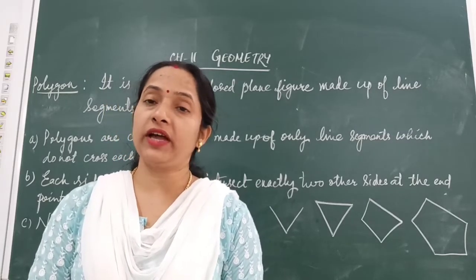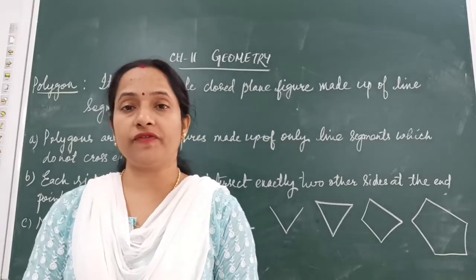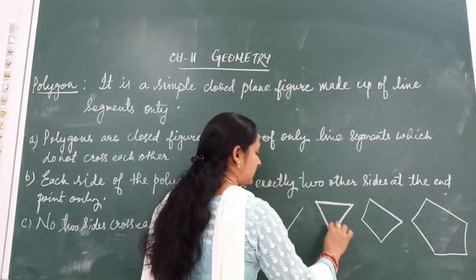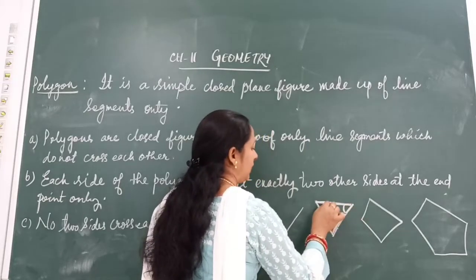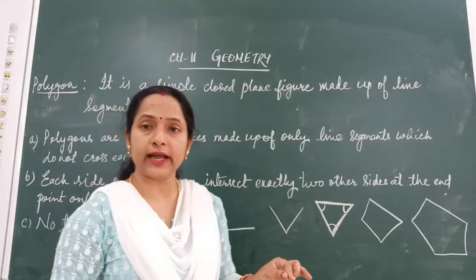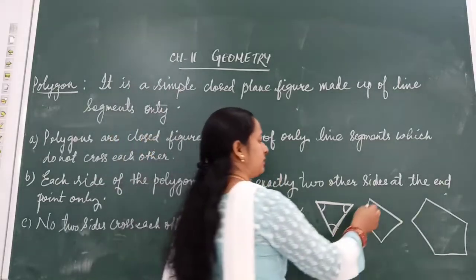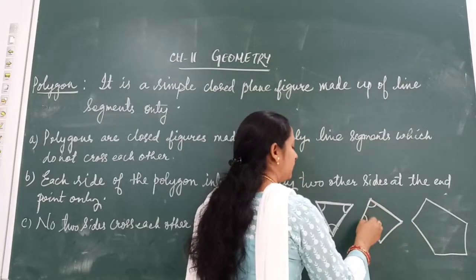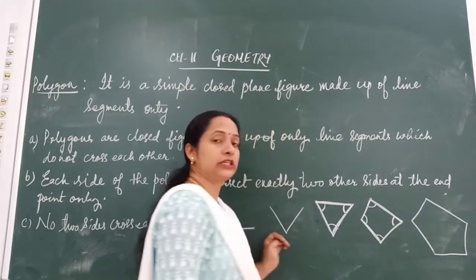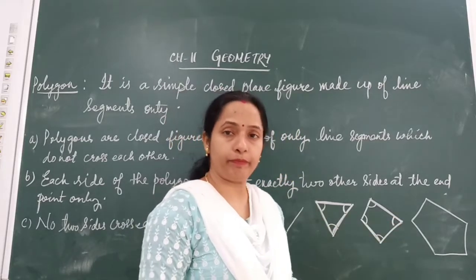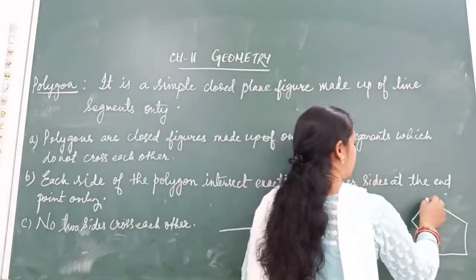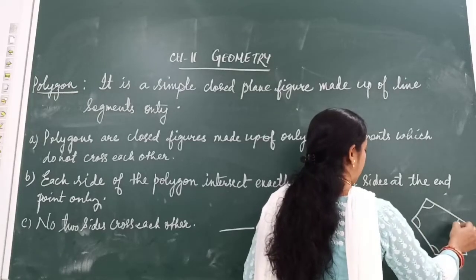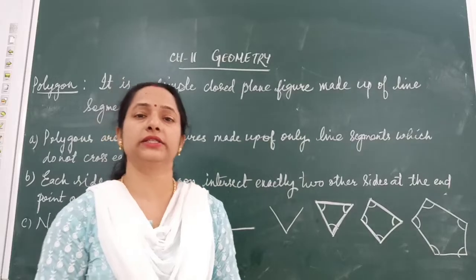Now, how can you identify the number of sides and angles of a polygon? See, if you are coming to a triangle, we have 1, 2, 3 sides, as well as it will have 3 angles. Okay, so every triangle will have 3 sides and 3 angles. Similarly, in every quadrilateral you will find 4 sides and it will have 4 angles inside it. Right? If you go for any pentagon, any polygon with 5 sides, then it will have 5 sides as well as 5 angles inside it.